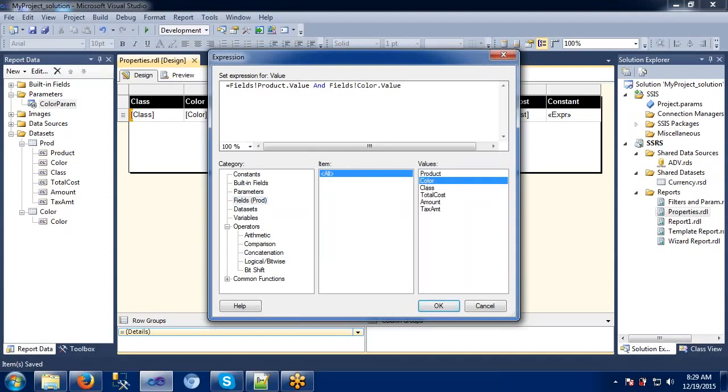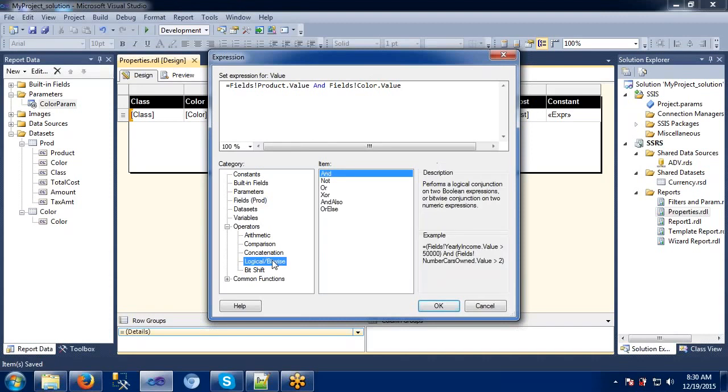So like this I can specify two expressions at a time by using the AND operator. If you want to execute the AND operator, it has to satisfy this one and this one also. OR means either one of these can be true. Like this we can use this logical operator.